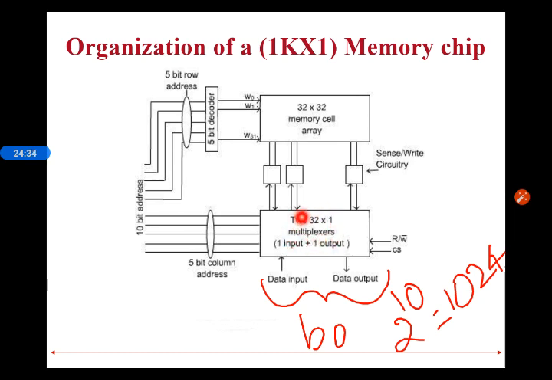And the multiplexer. Why do we use a multiplexer? Because this row address will activate the entire row, but we don't need the entire row. As per this requirement, we need only 1 bit in the output. So we apply this 5 bit column address. When we select the first row, all the data in this row is available here, but from this available data we need to select only 1 bit. That is why we are using a multiplexer here.